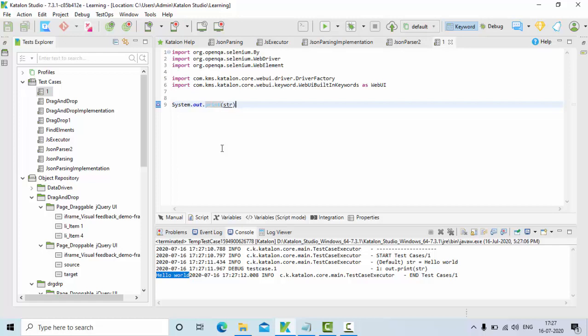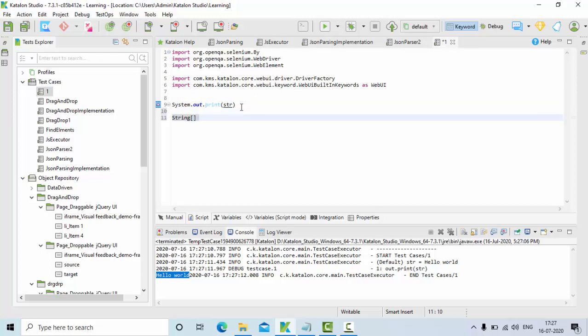So remember one thing, splitting means you have one big string and you are cutting it into halves. So one big string will have multiple substrings. Always remember, irrespective of the programming language you choose, string split will always return an array of strings. In some other languages, if they don't use arrays, they'll use a list of strings. But it will return multiple strings, and in order to handle that you have arrays or lists, depending on the language. In case of Katalon here, we are using an array of strings.